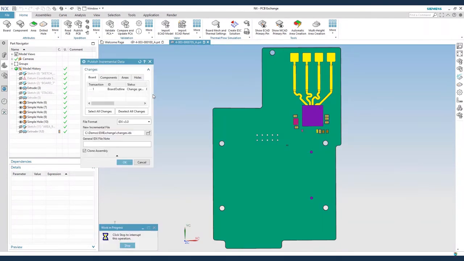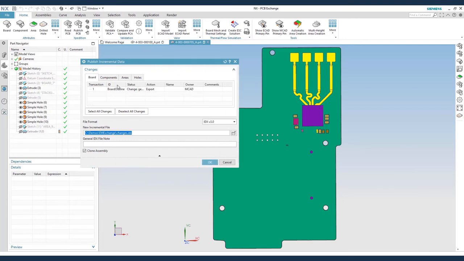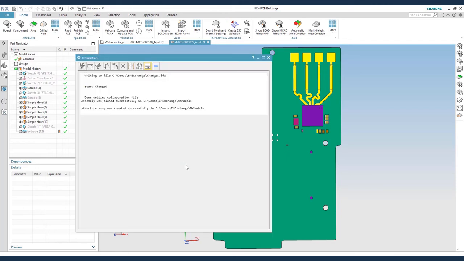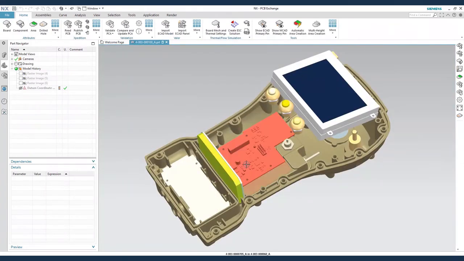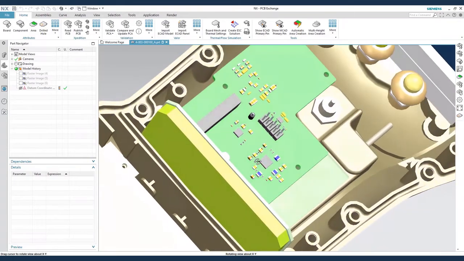The mechanical engineer noticed a good portion of the board real estate was not being used, so the board outline will be modified to minimize real estate. So with the change occurring, they will output an incremental data set with just the board outline information that we will then update